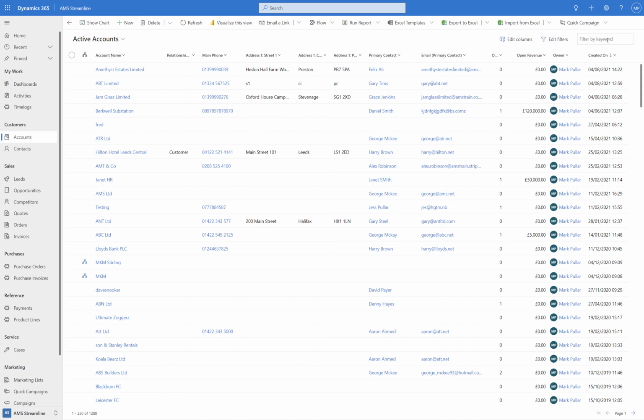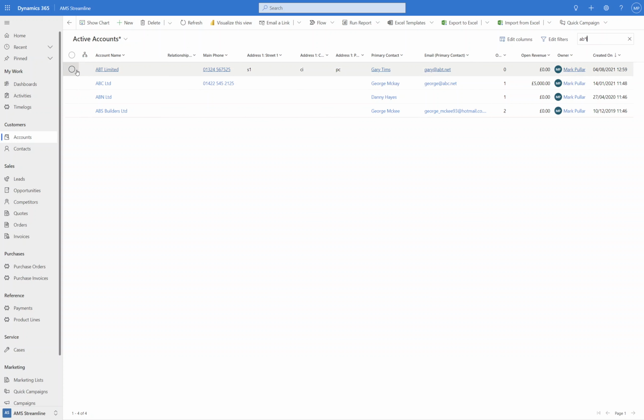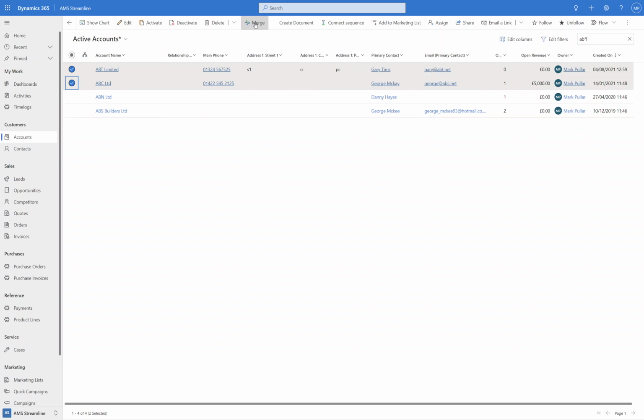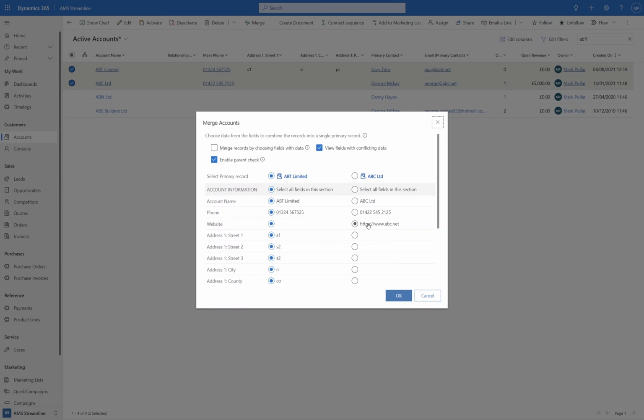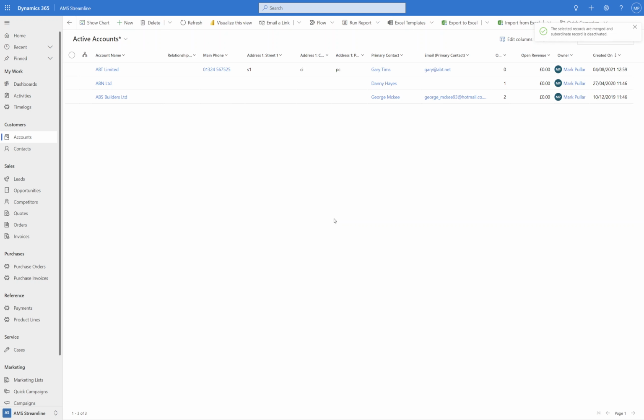If I go back to my accounts and go to AB star L, I've got ABT Limited and ABC Limited. And it should let me merge these now, unless there are any other conditions that I haven't satisfied. Depending on the number of records downstream, it may take a bit of time or it may be very quick. If it's just the accounts and nothing else, then it'll merge them pretty quickly. If it's going through all the opportunities, quotes, orders, customer service cases, whatever else is in your system, it might